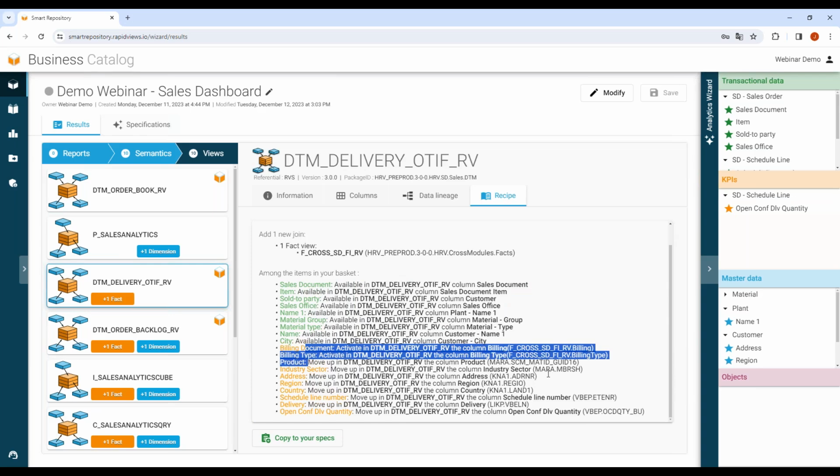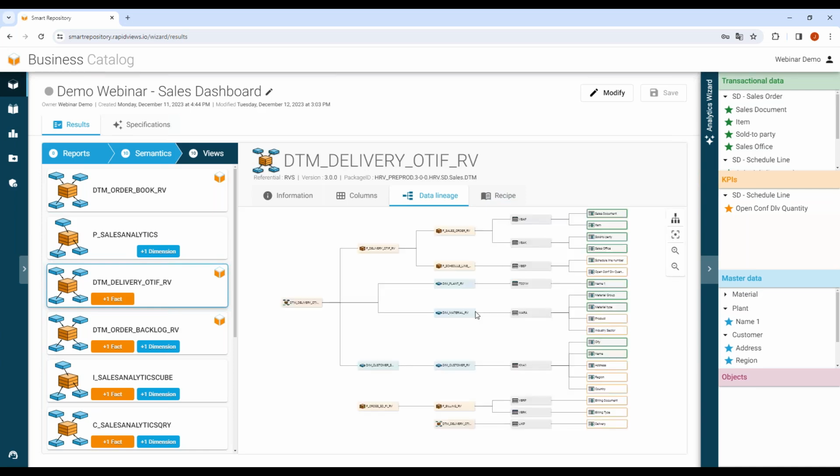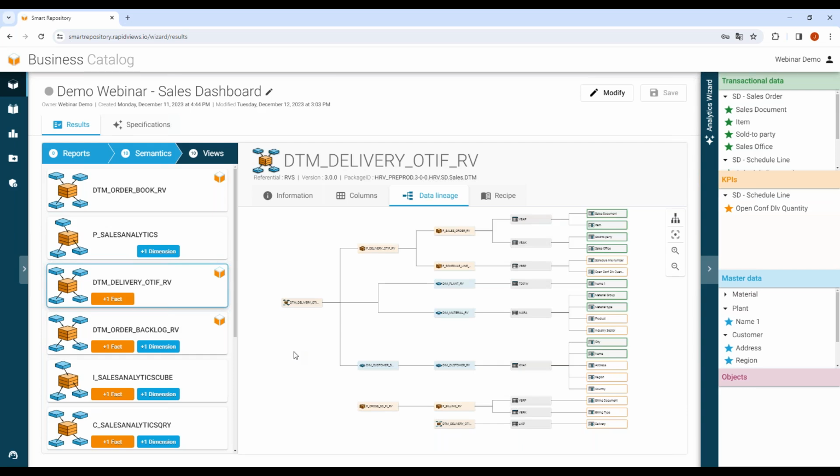All the orange fields come from this new view, and if I see the lineage, I can see exactly which table or which view needs to be added to this data mart. We can see this package of the view that needs to be added to this data mart. In this case, it's always complex to add a fact table within another fact table.